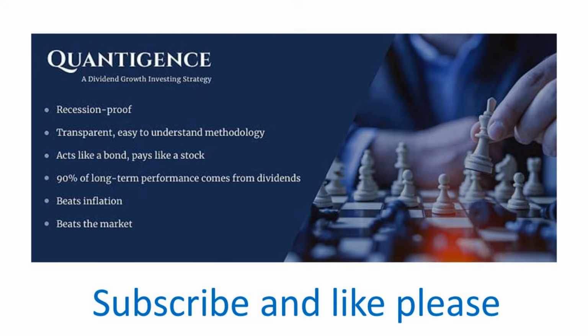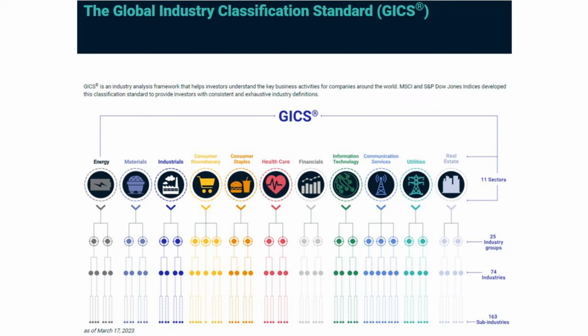Now, let's talk about industry diversification. This is a classification standard that's very near and dear to my heart. I spent over a decade working at the company that built this alongside S&P 500, and it's used to classify stocks according to what they do. And you can read from left to right here the various sectors: energy, materials, industrials, discretionary, staples, healthcare, etc. And you can see how that goes down and starts breaking down into additional industry groups, industries, and sub-industries. It's a very interesting method of classifying companies, but let's keep it at the top level and take a look